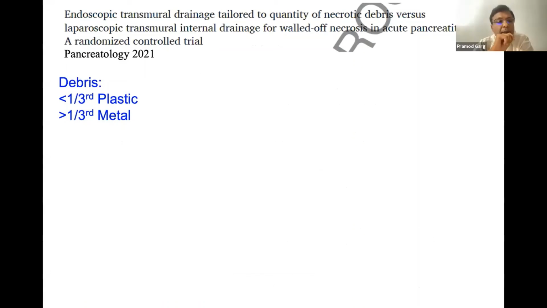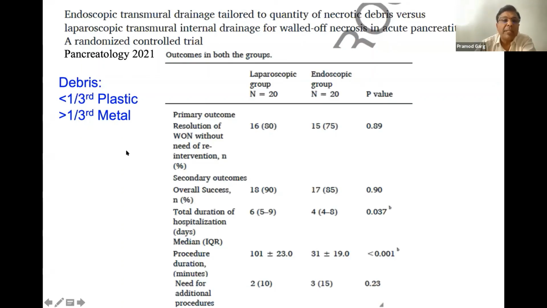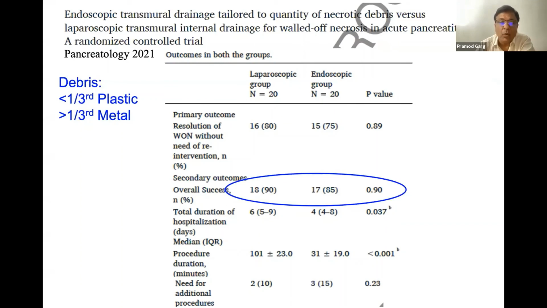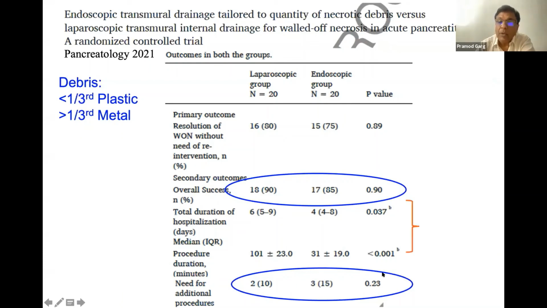Yeah, 3-4 minutes. So if the debris was less than 1/3 of the cavity, we placed 2 plastic stents. And if the debris was more than 1/3, we placed a metal stent. And this was the endoscopic group, and we compared it with a laparoscopic drainage group. This study was recently published, and we found that the successful drainage was similar in 2 groups, and so was the need for additional procedures, no difference. What was different was the duration of hospitalization and the procedure time were much shorter in the endoscopic group